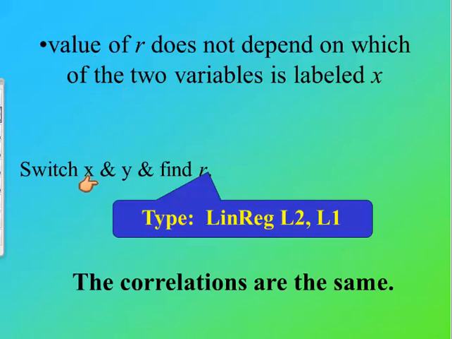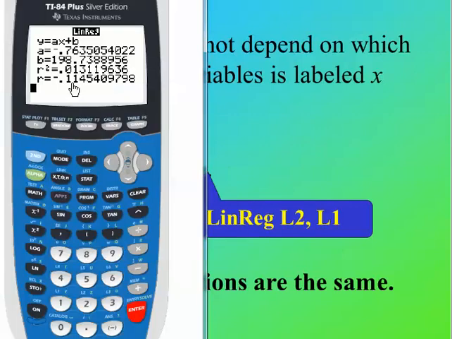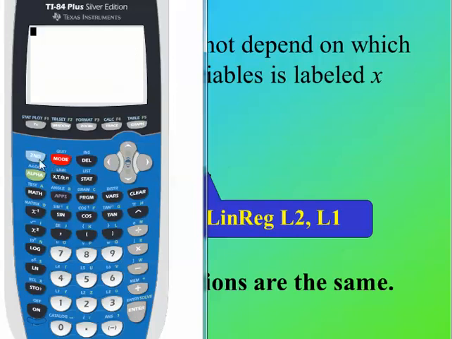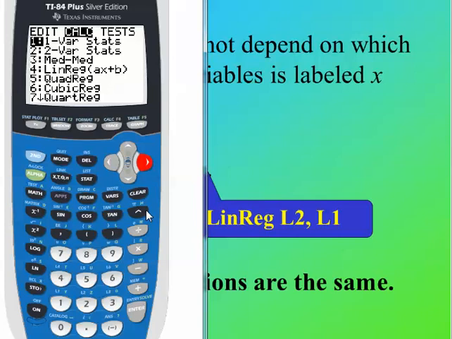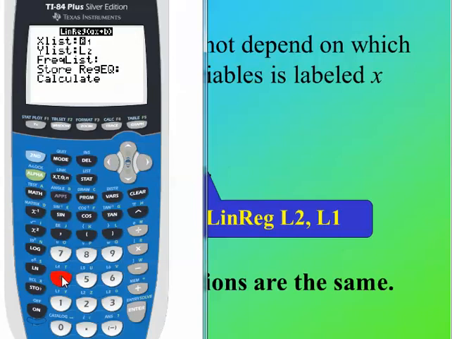You mean I can switch the X and the Y values and get the same R? Let's try that real quickly. See how I got an R of -11 there? Let's just change this and do that again. So I'm going to do a stat calc, and I'm going to come down here and do a number 4, and I'm going to change this from being L1 and L2 to being L2 and L1,